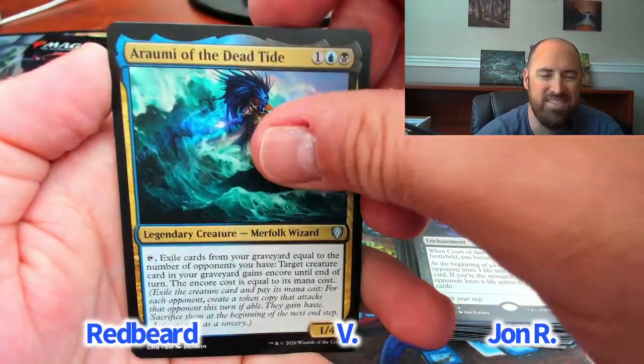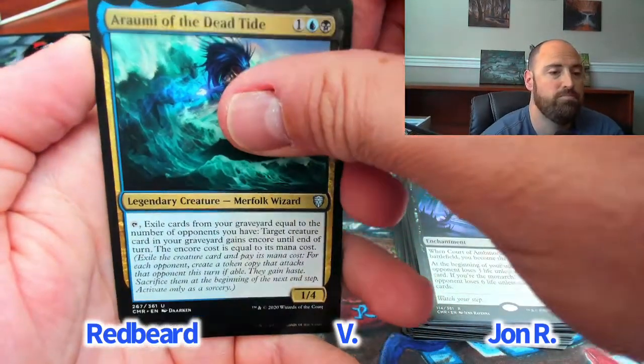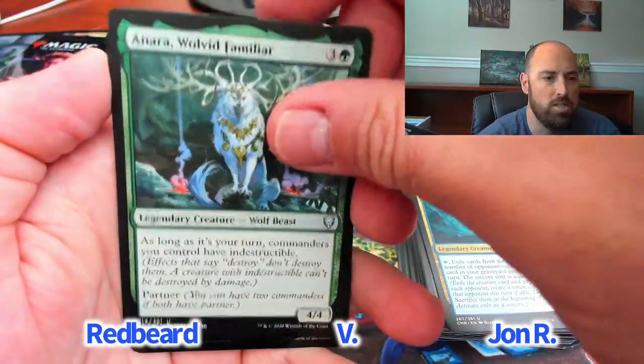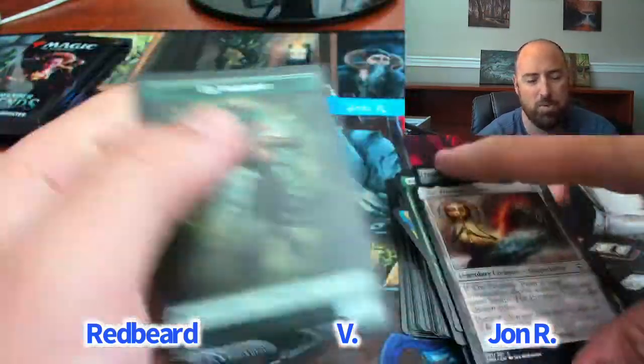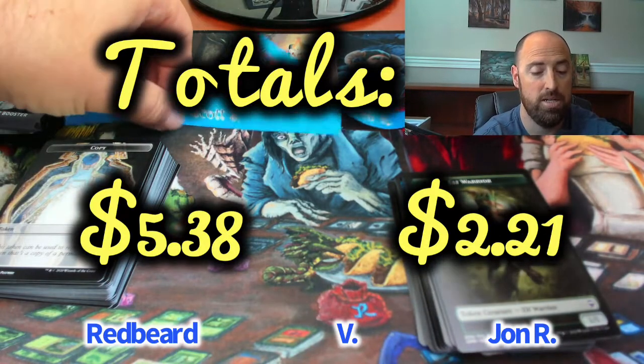Arami. I've never built a merfolk deck. Never. Of course, I don't have any decks right now, so I just draft. Anara. And Howling Golem with a Prismatic Piper to boot. I gotta give it to